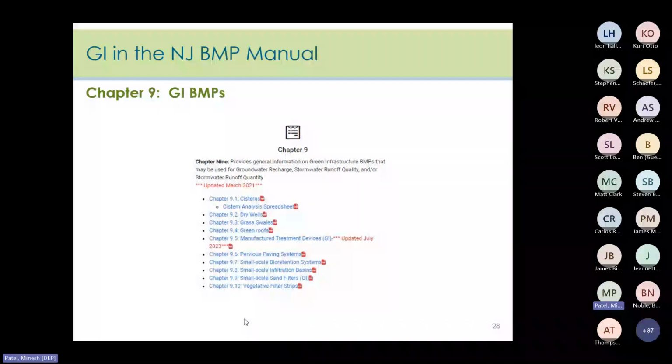runoff quality control. Subsection 5.2 of the rules includes 3 tables, and they list those BMPs that may be used to meet the design and performance standards. The tables specify information on how each BMP may be used. Table 5.1 coincides with Chapter 9 of the BMP manual, which are the GI BMPs, and they include cisterns, dry